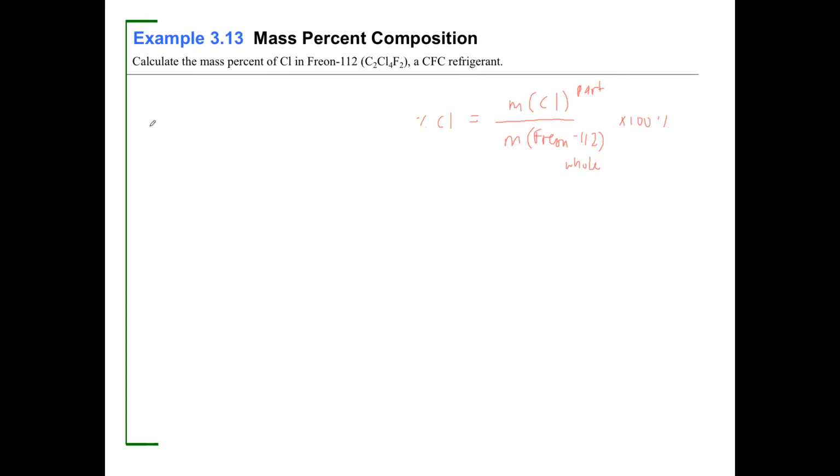Okay, so what's the mass of a chlorine atom? The mass of a chlorine is equal to 35 point, I don't even know, 45, I think. I'm going to look that up. My periodic table, from my textbook, 35.45, that's right. 35.45 AMU, or grams per mole, it doesn't matter in this case, right? And then the mass